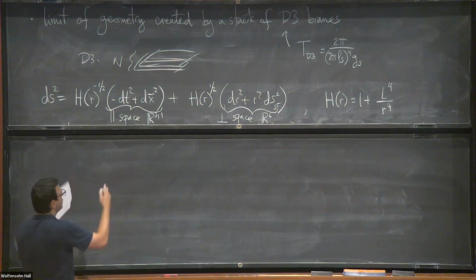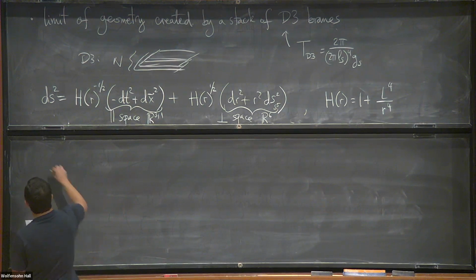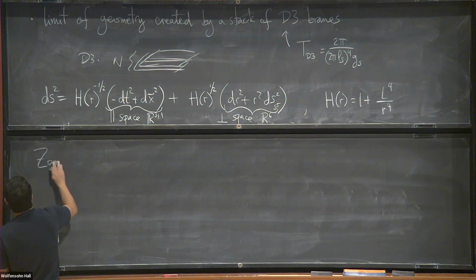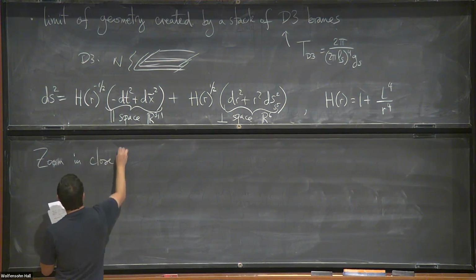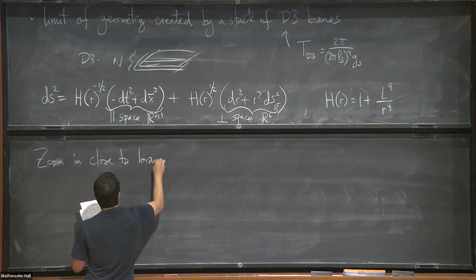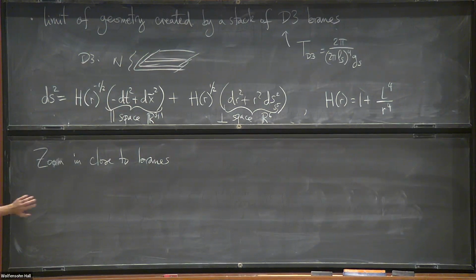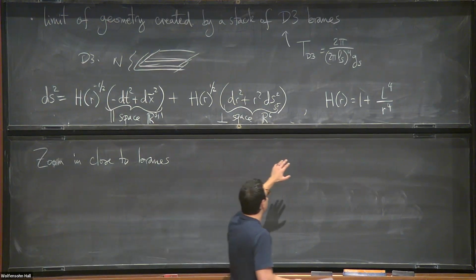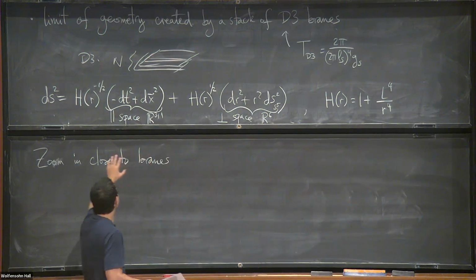Then it, of course, gets curved very close to the brane. So if we zoom in close to the branes, we're essentially ignoring, I mean, one can do this more rigorously, but if we zoom in close to the branes, we're essentially ignoring this one from here. And then what the space becomes,